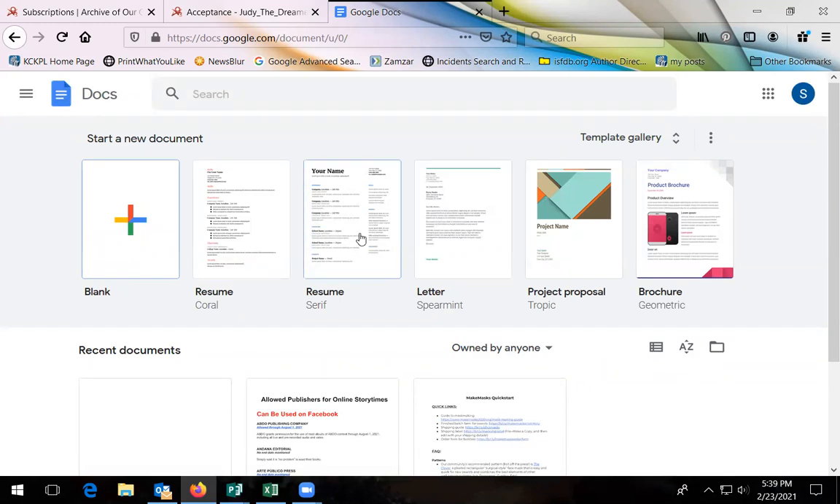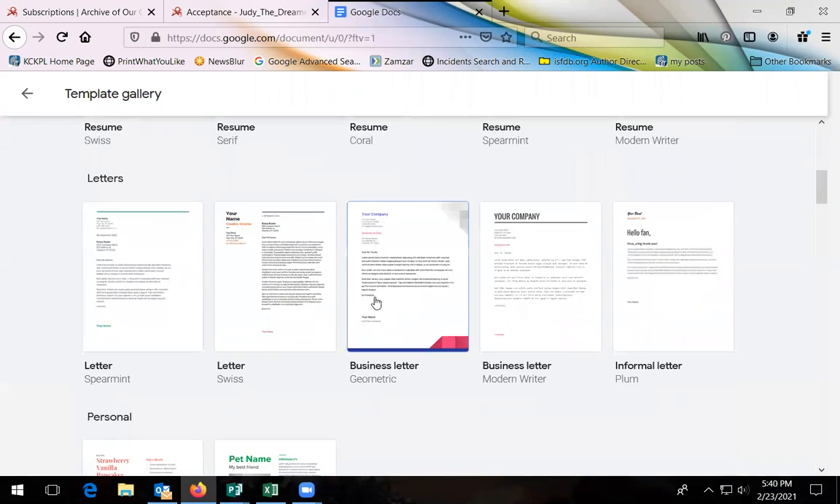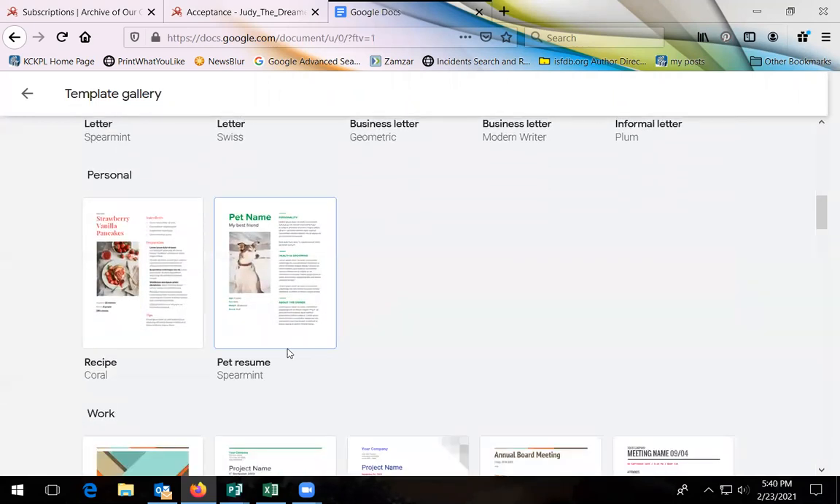Resumes is what most people use the templates for, but I recommend you go through the template gallery so you can see what's there, so that you don't recreate somebody else's work. There's no reason busting your rear end trying to format something properly when somebody's already made it and you can just fill it in. So you have resumes, letters, a recipe card if you're wanting to make a recipe scrapbook,